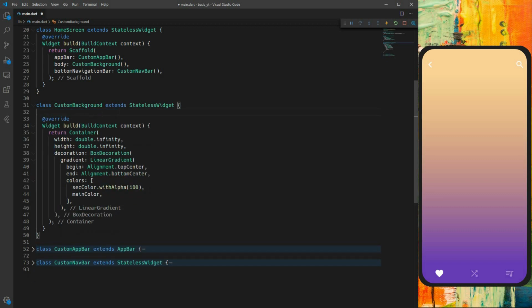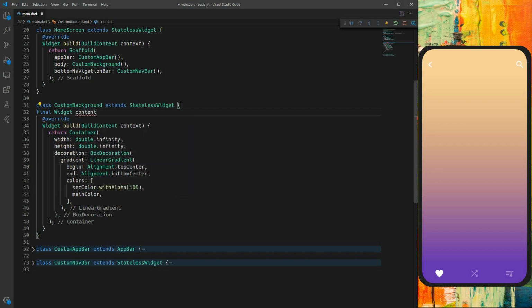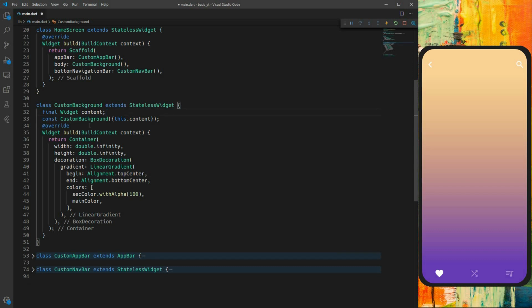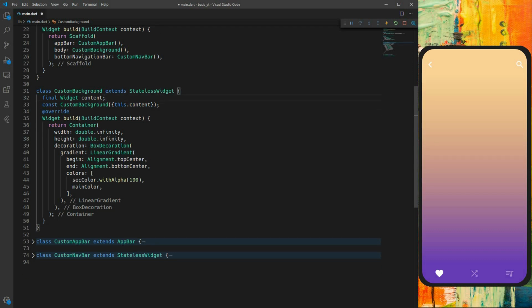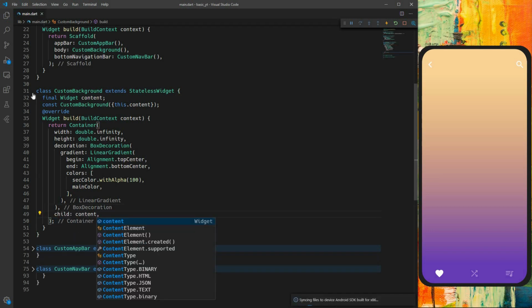Delete our constructor as well, but this time we will need the constructor because our background will have a container or a content in it. So we will write final Widget named content. You see we get an error, but we can create a constructor for final fields and delete the key property as well because we don't need this in our tutorial. And now we have our content, and we can go down here to a child content,